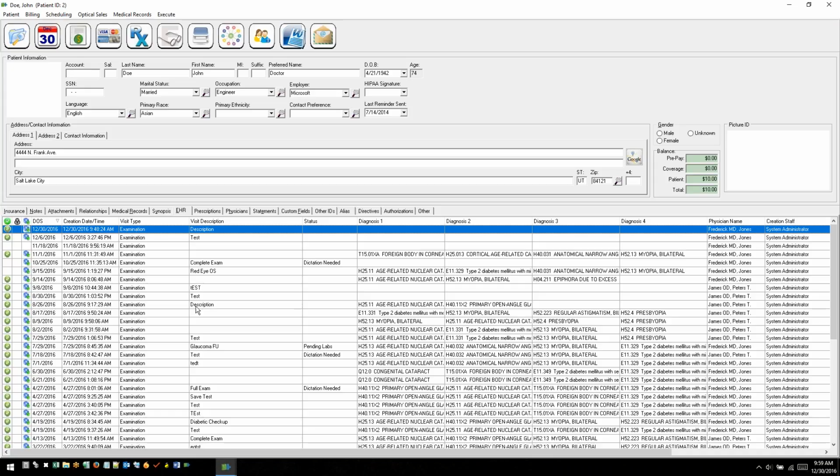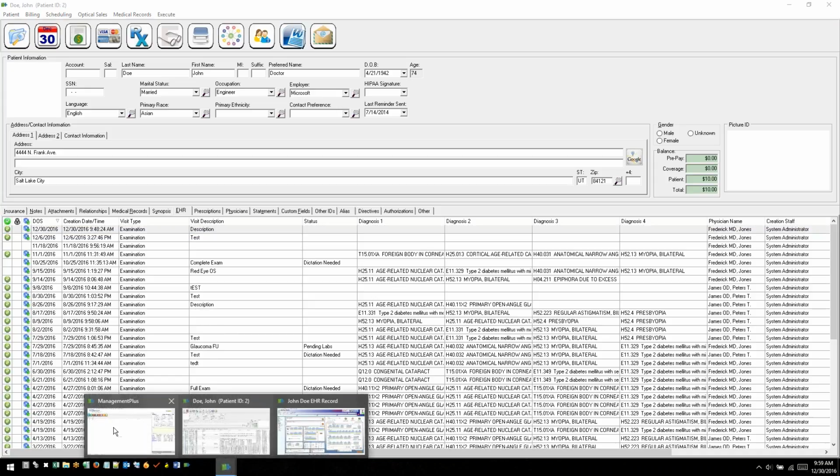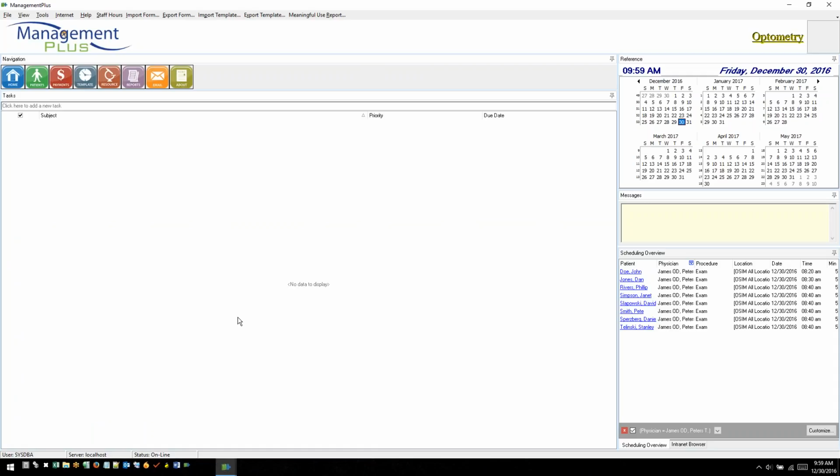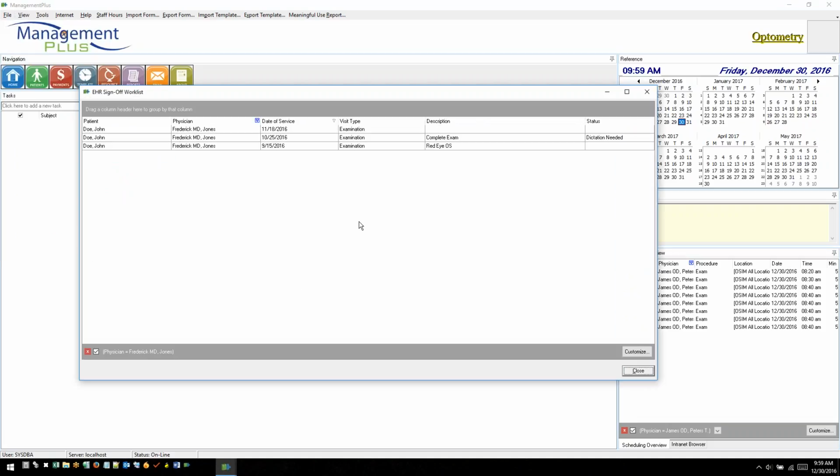Now, one of the things I want to show you is why I recommend that you finalize the record rather than just doing the individual sign-off. We have a tool that you go to your Home Management Plus home screen to find. It's called the sign-off work list. If I click on File, go down to Electronic Health Record and click on Sign-off work list, it'll open my